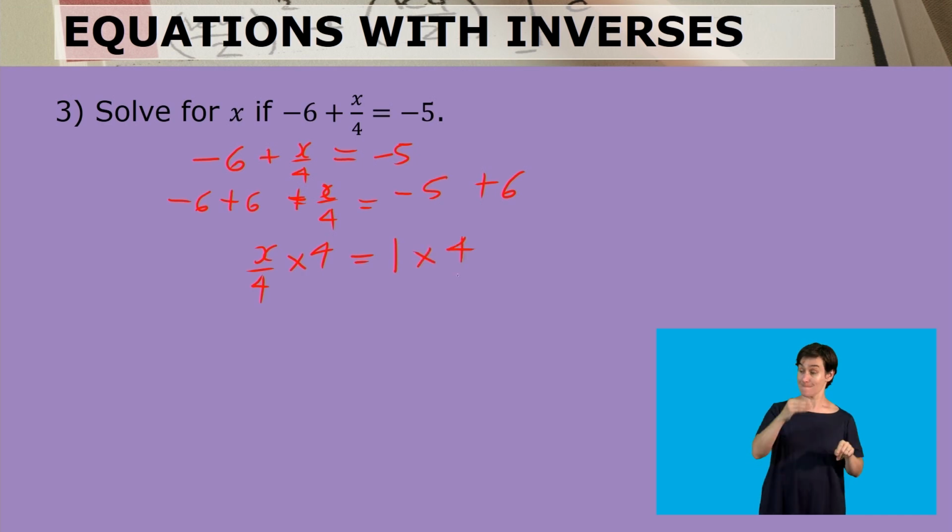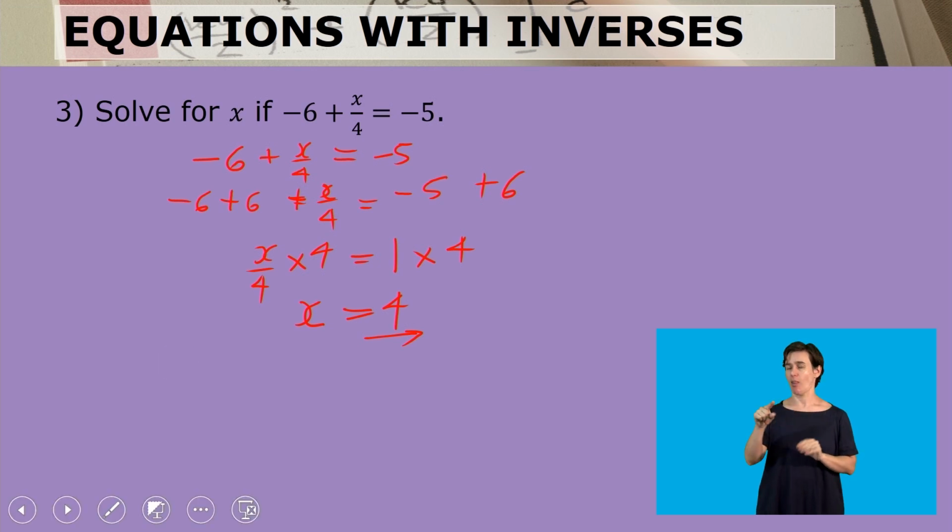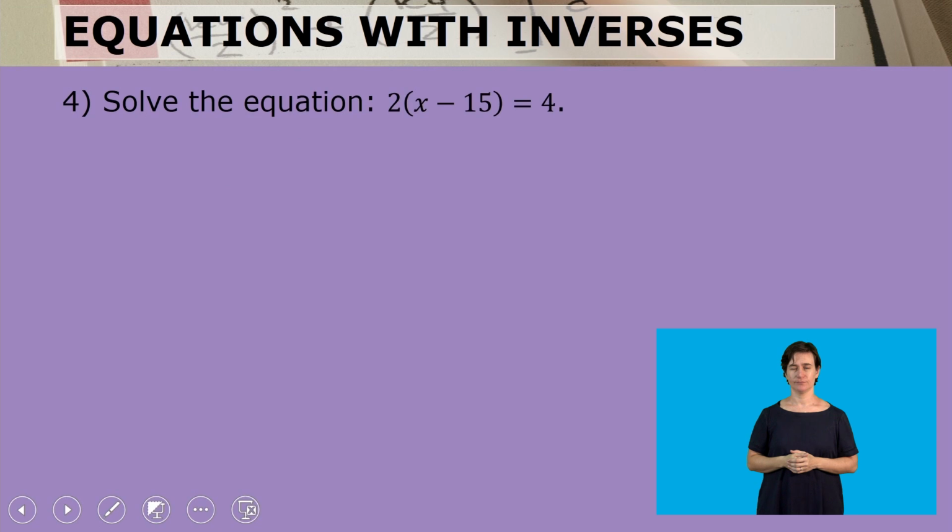We also need to multiply by 4 on the right-hand side, such that 4 divided by 4 will give us 1. 1 multiplied by x is x, and then on the right, 1 multiplied by 4 would give us 4. So 4 is that number that when divided by 4 would give us 1, and when we add it to minus 6, it would give us negative 5. And then the next one,